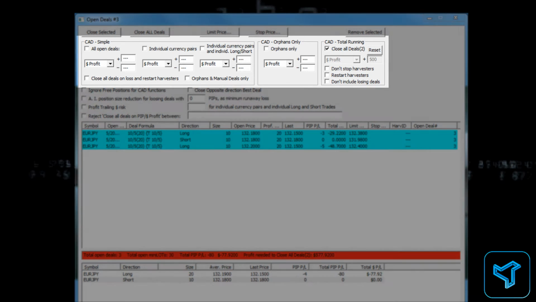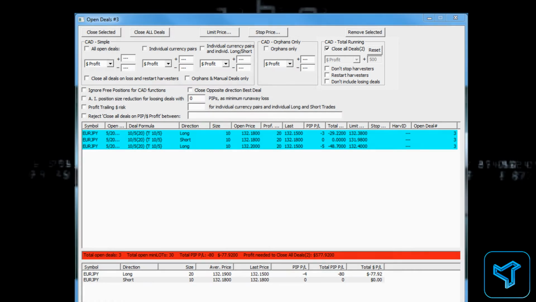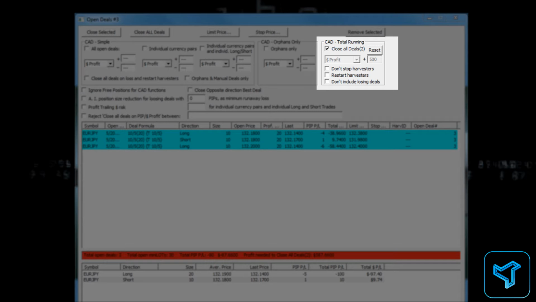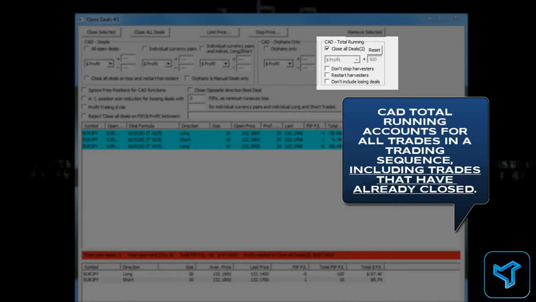I'll note here that there are actually 3 separate Close All Deals, or CAD, functions. The CAD total running function not only accounts for deals that are currently open in the window, but also for deals that have been assigned to this window and have subsequently been closed. I should also note that I don't mean all deals that have been opened and closed in this window since the time you've started using the platform, but rather just those deals that have been opened and closed in the